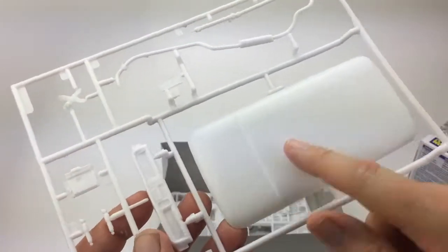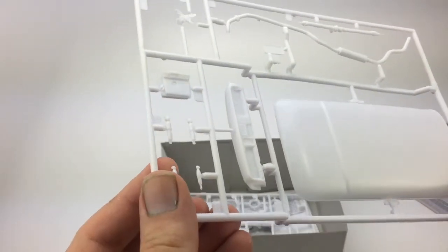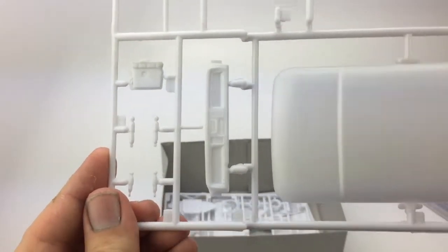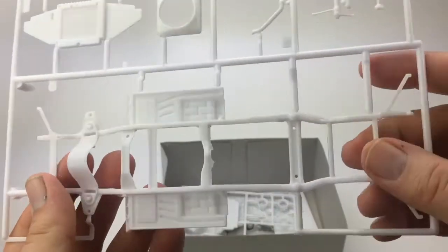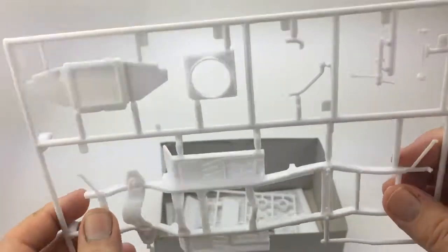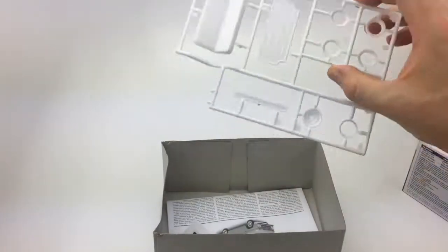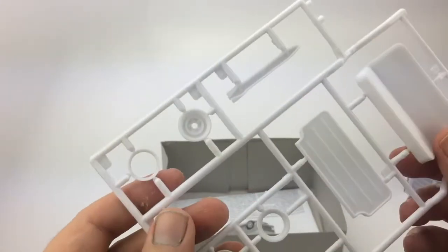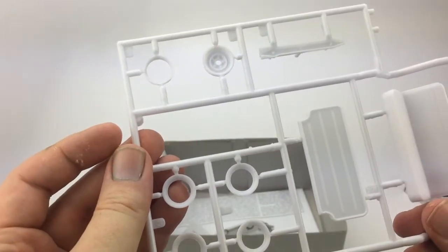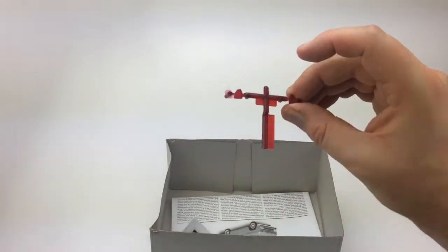And here we have the big roof panel here. The dashboard. We have the separate frame, which is nice to have the frame separate like that. And we have the other seat. The red taillights,